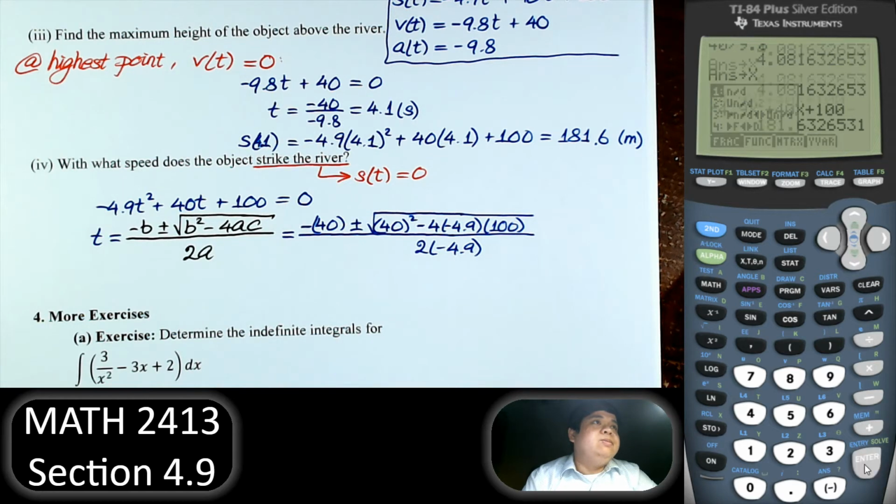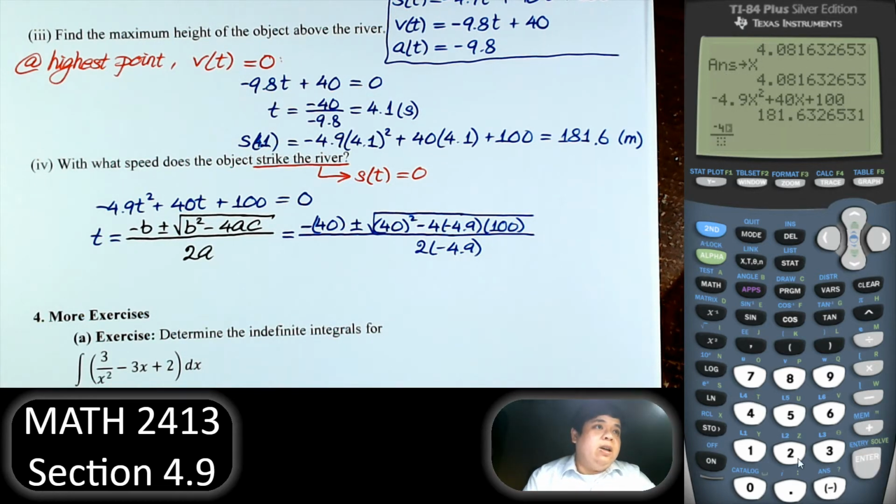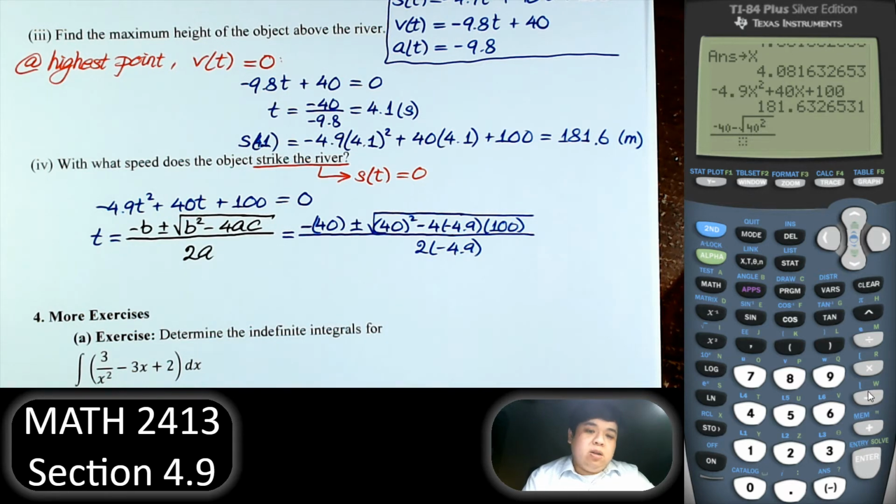This fraction: negative 40, minus first, square root of 40 squared minus 4 times negative 4.9 times 100, over 2 times negative 4.9, right? And we do that, we have